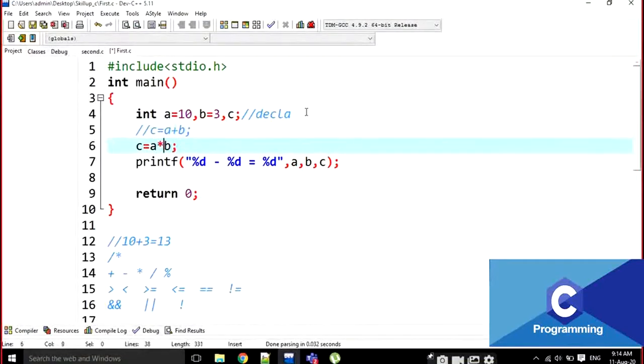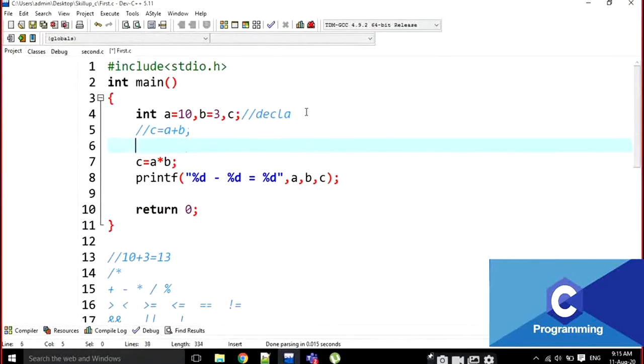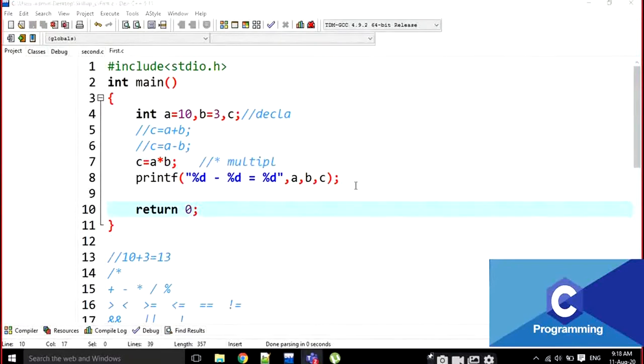And the multiplication operation. Instead of subtraction, I am going to do multiplication. I am going to comment this line also. Now, C is equal to A star B. What is A star B? A star means multiplication. Some students are thinking of A x B or something like this. Multiplication is not X or dot; that is not an operation here. For multiplication, we have to use the asterisk operator. Asterisk is for multiplication.